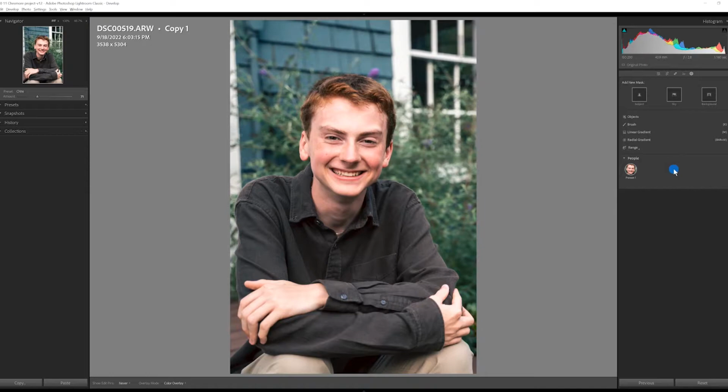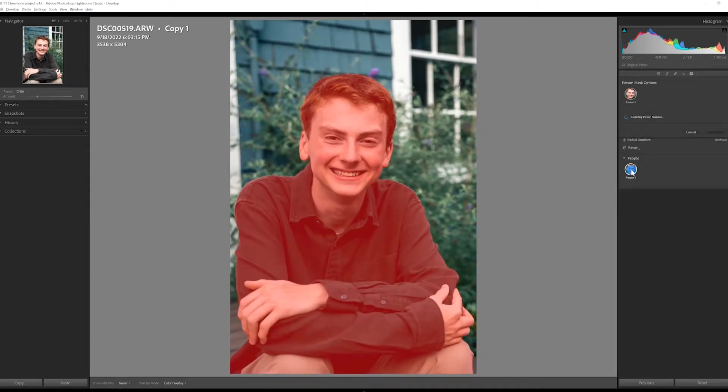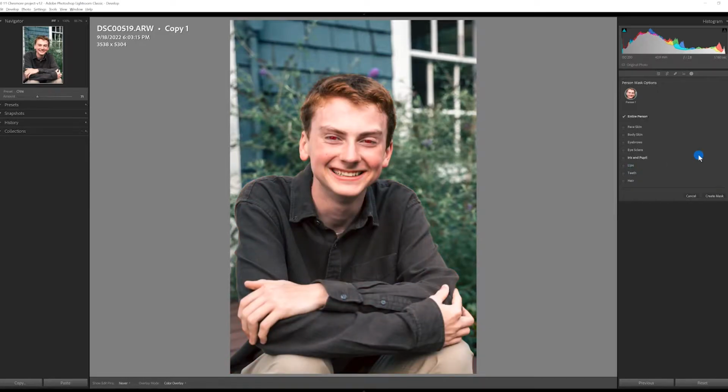In order to create the masks for the features on the individual, you click on the person, and then Lightroom goes about identifying the individual features associated with that person. As I'm moving my cursor up and down, it highlights the features: the face, body skin, eyebrows, eye sclera, the iris and pupil, lips, teeth, and then hair. So all of these